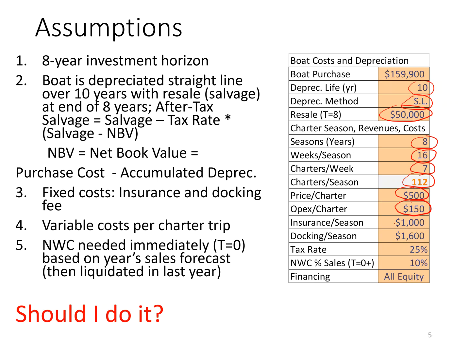And then per season, some operational expenditures. I'm going to pay $1,000 in insurance per season. I'm going to pay a docking fee of $1,600 per season. My tax rate is going to be 25%, and I'm going to need some working capital. So what I envision is to run this charter, immediately I need to put some money into an account, some cash that's not going to earn any interest, and I'm going to use that to pay off my